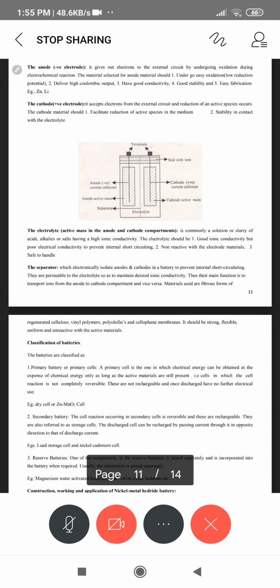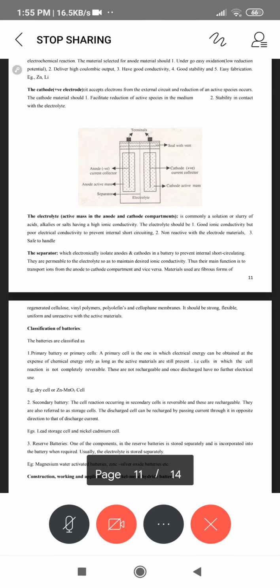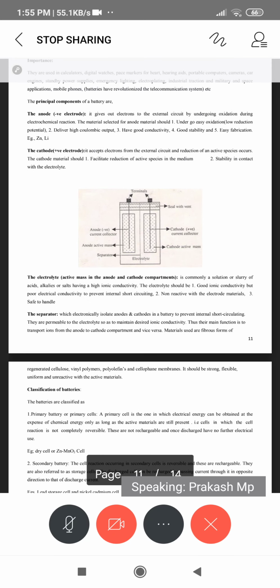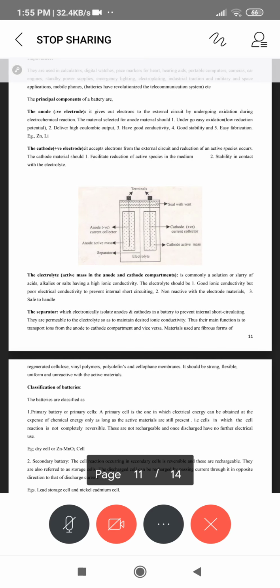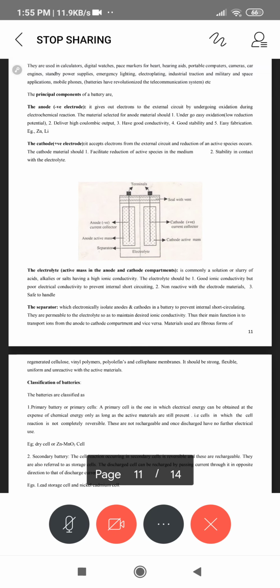Even in many lithium ion batteries, both anode and cathode are made of the same materials. The percentage of lithium in the anode is more, and the percentage of lithium in the cathode is very less. Like that, we have to make some improved characteristic features in the battery. For example, three galvanic cells of 3 volts, by increasing the anodic and cathodic species area, can give more than 6 volts also.